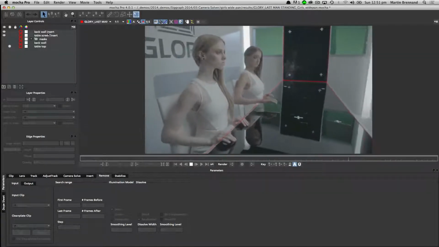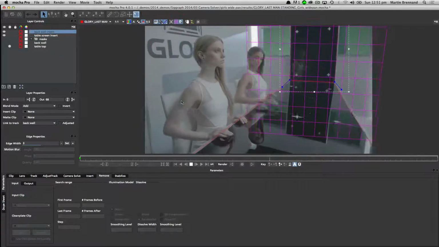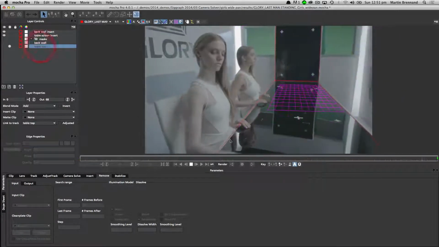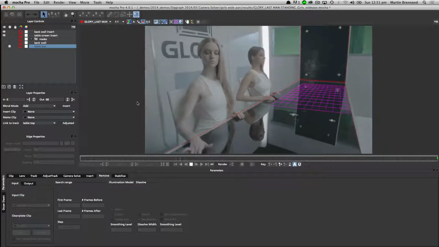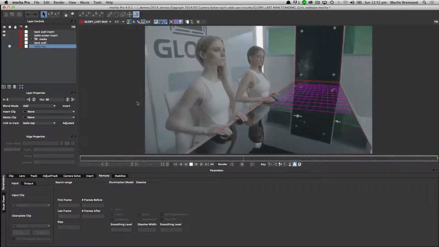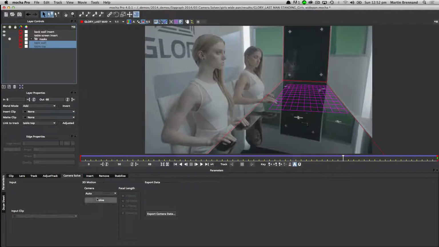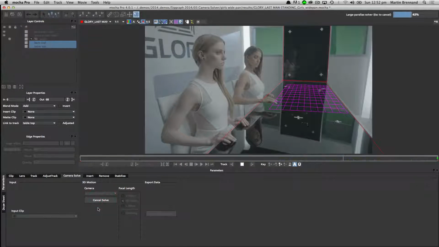So what I've done here is I've just tracked this back wall using our planar tracker as we showed before, and we've also tracked the tabletop as well using that tracker. Once we've actually got these two planar tracks, we can just select two layers, the back wall and the tabletop, and we can go ahead to the camera solver now and actually solve a camera for these selected layers. So I'm going to tell it the type of camera it is, just click solve,